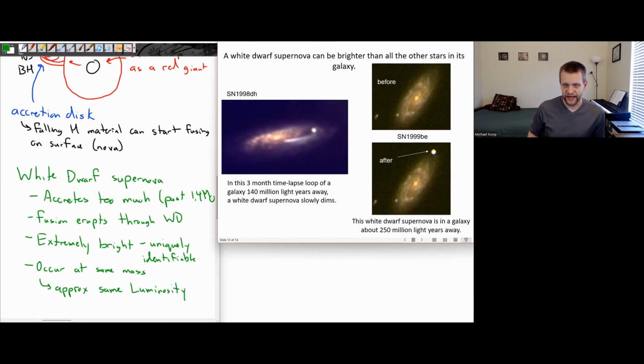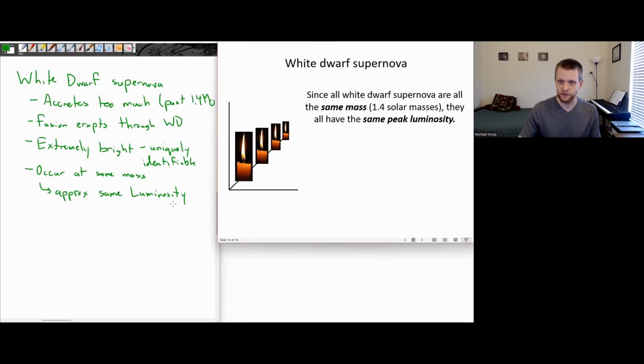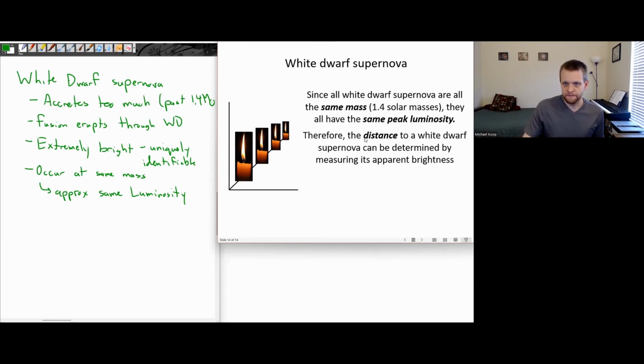And again, since it's this Chandrasekhar limit, this 1.4 solar mass limit that they all explode at, they're all exploding at around the same mass limit. So they all have approximately the same luminosity, and this is incredibly useful for astronomers. Since they all have the same peak luminosity, if I observe one of these white dwarf supernovas occur in a galaxy, and I can identify it as a white dwarf supernova, I know its luminosity, I know its apparent brightness, so we can use this equation